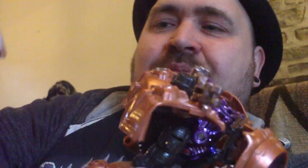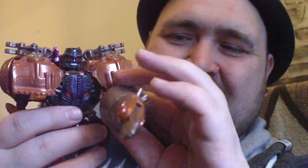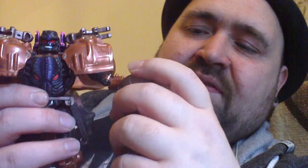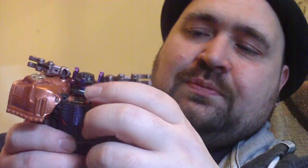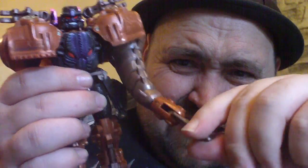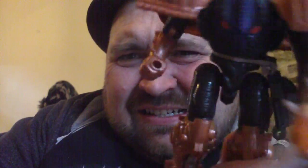Absolutely brilliant. So he's got this weapon here, which is the standard Beast Wars thing. I'm just going to hold this out as a weapon. Unfortunately, his elbow joint's a bit weak. It can hold it at some angles, but a lot of times it just flops down. But what I found is if you jigger and poke it enough, and get it shaped just in the right angles, you can have it tucked up in there, and that gives it that perfect cartoon accuracy. It's a bit henky if you look over there, but